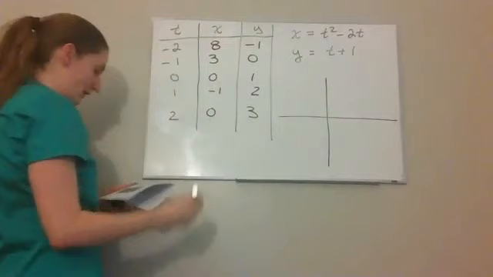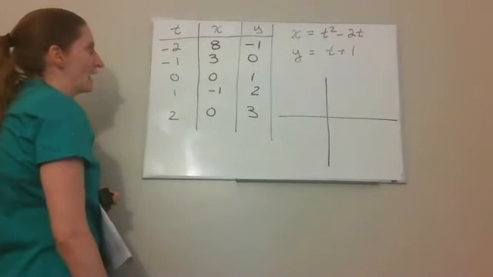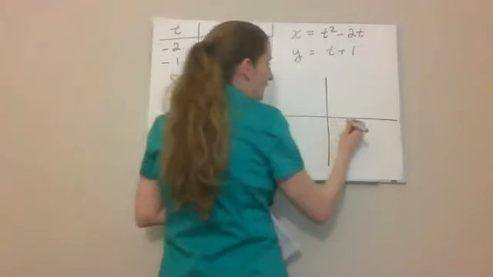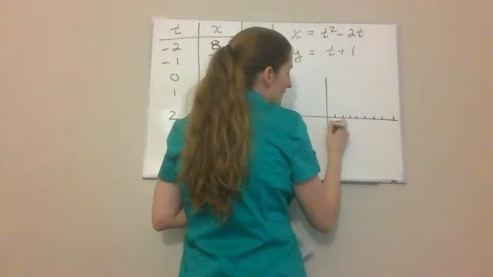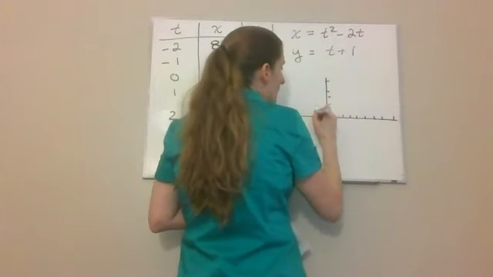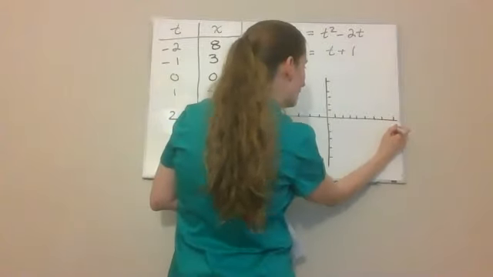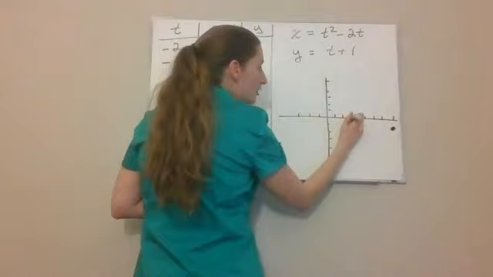So let me put the points on that I have. I have a point over at 8, -1. So 1, 2, 3, 4, 5, 6, 7, 8. Eight, -1 is over here. Then I have 3, 0,